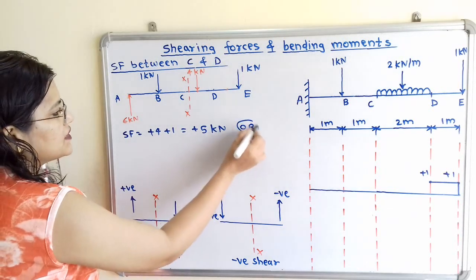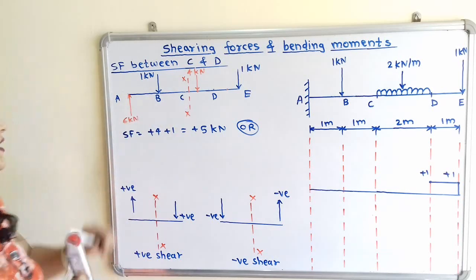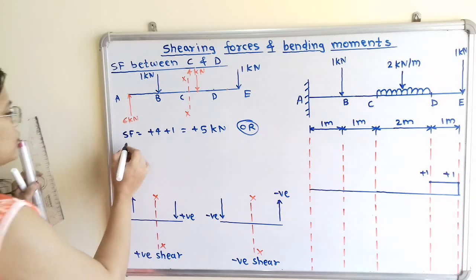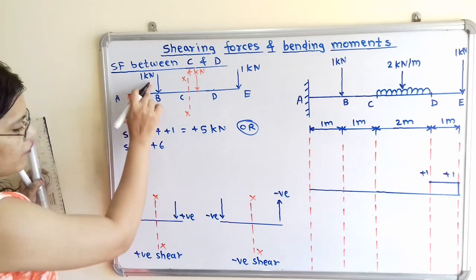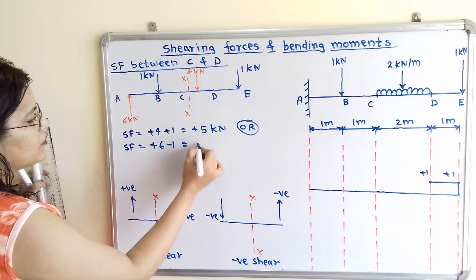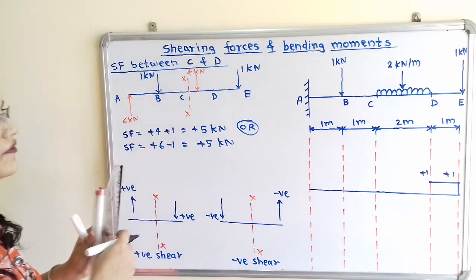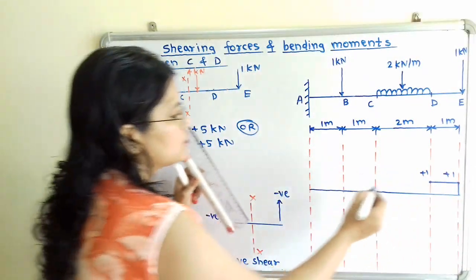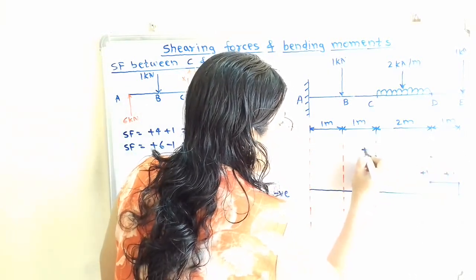Or we will consider the second way, summation of forces on left hand side of this section line. So here on left hand side force is in the upward direction. So shear force is equal to, for upward direction we will take +6 and for downward direction on left hand side we will take -1. So which is equal to +5 kilonewton. So for this +5 kilonewton we will mention here this value. So because of the positive sign we will take the direction in the upward direction and we will show here